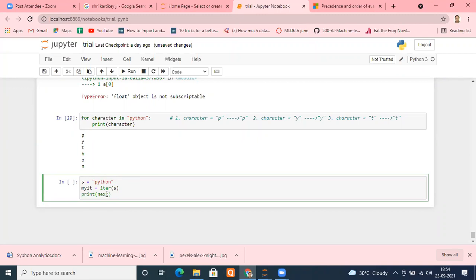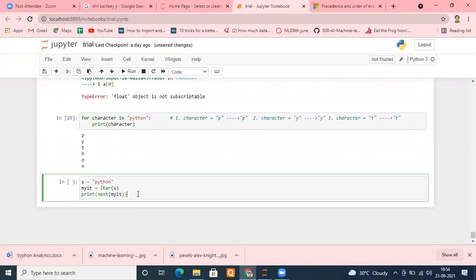Once one character is printed, it will take the iter to the next one, like we were moving in the for loop. So inside next I put whatever iter I have created. If I execute this, I'll get only one character.